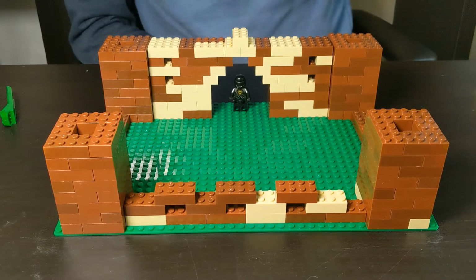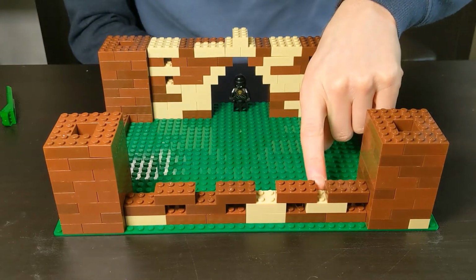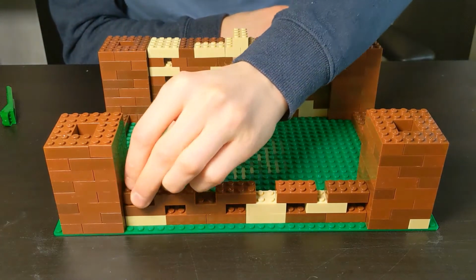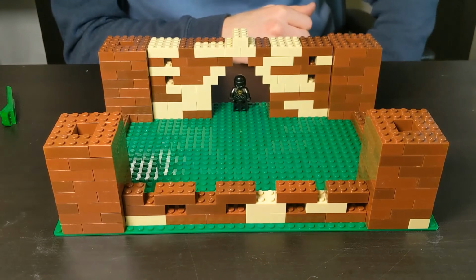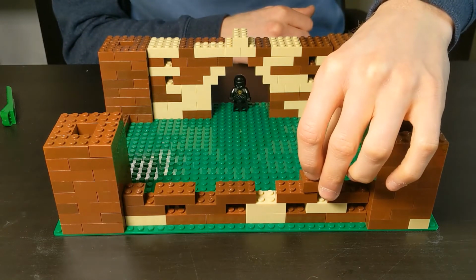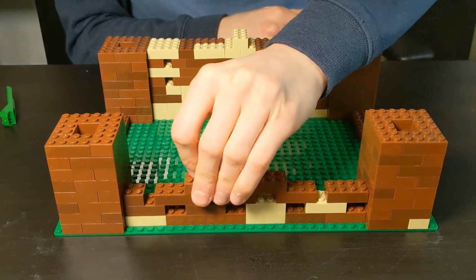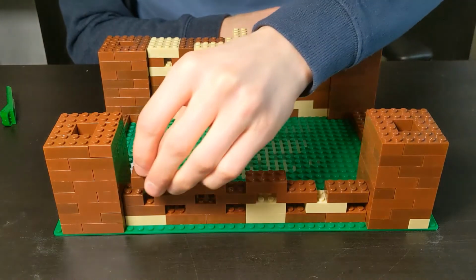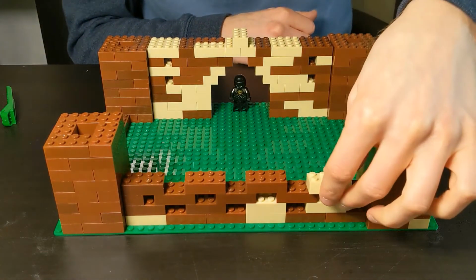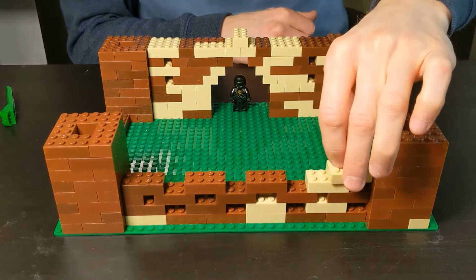Now this is going to have a slightly different gap here, and the same on this end. This end you're going to want to get a 4 piece and put it in there like that, and then on the way back you can do the same thing. So we're going to bridge that gap, bridge that gap, bridge that gap, and set it there, and then we're going to go back again,